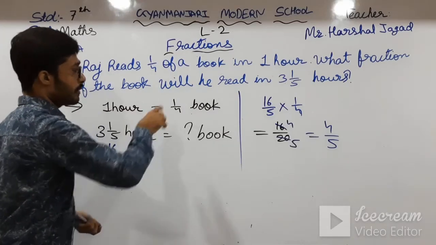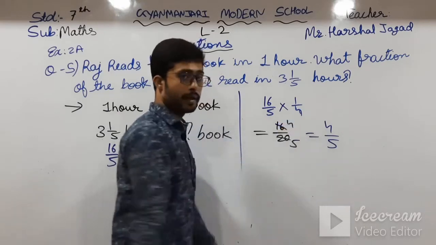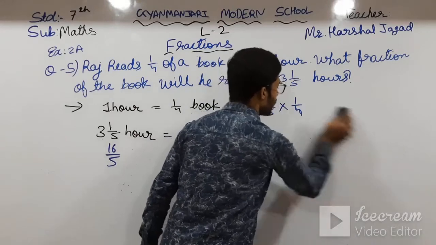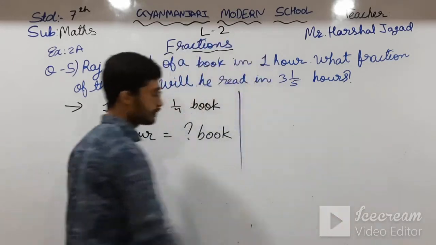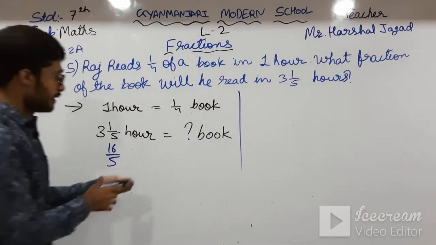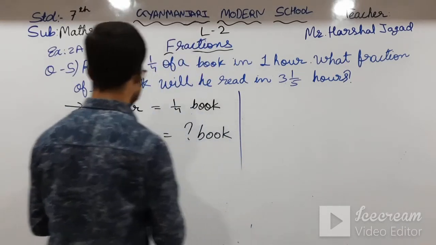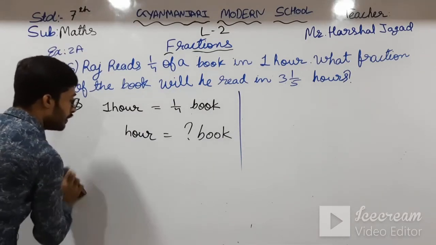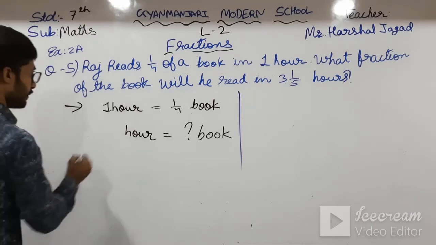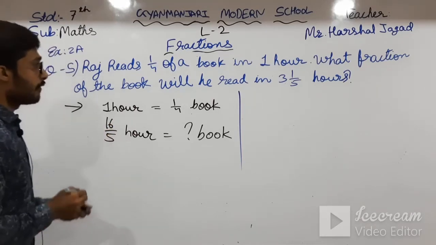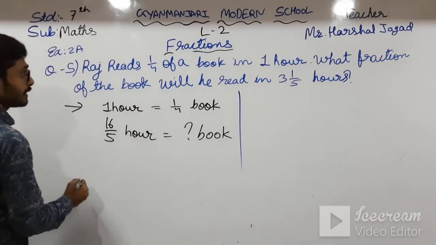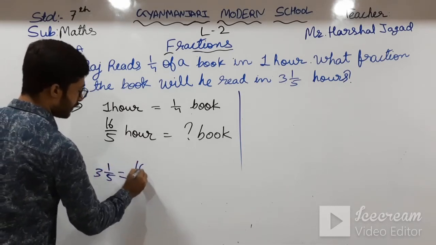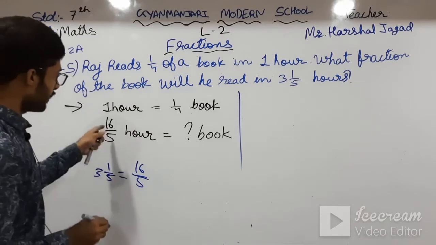We have just cross multiplied. I have not divided here by 1, but let you know that I am dividing, so I am doing it again. So students, in the cross multiplication, I am rubbing this and writing 16/5 over here. You know how I take 16/5: 3 1/5 is equal to 5 3s are 15 plus 1, 16/5. Okay, students, here it comes.